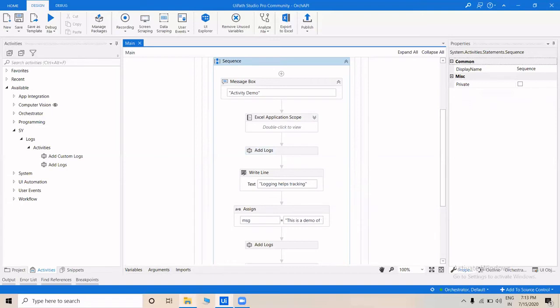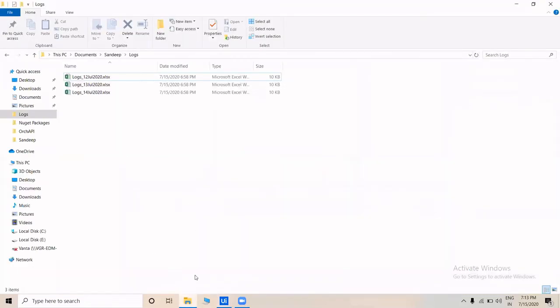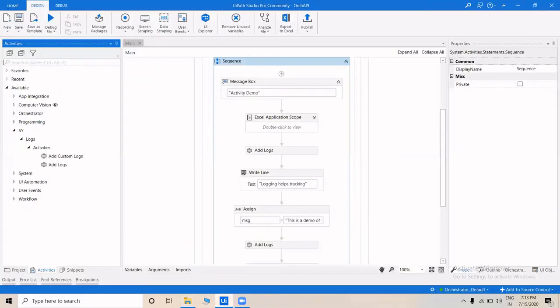Now I'll be executing it to showcase. Before that, I'll just show you the location where this file will be created. Today, we know, is 15th of July. So I'll run the bot and then we'll see the log file which has been created.